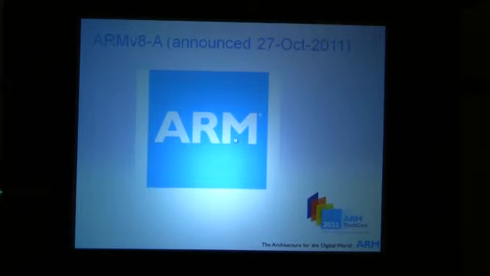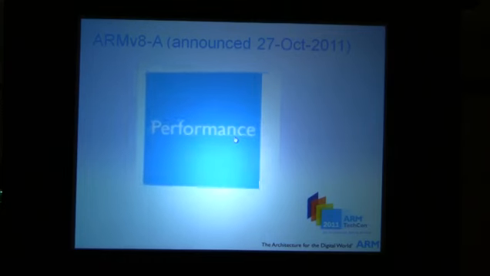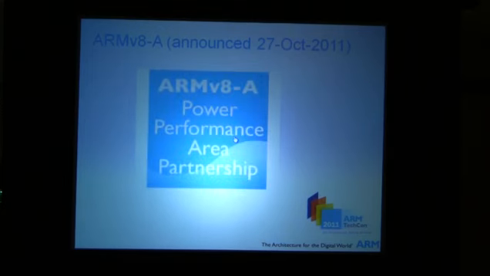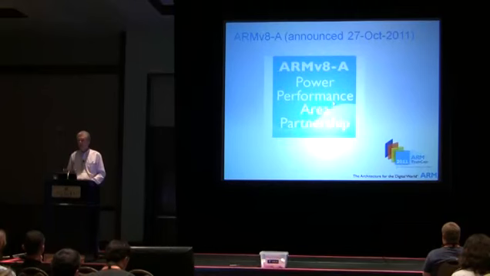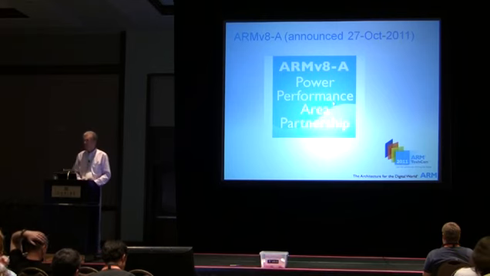Which brings us on to the last bit of this talk and the V8 announcement. One of the reasons for making the announcement now, it is an architecture announcement. We don't have any implementations at this point, but you have to start oiling the wheels of industry. So I've mentioned these models, I've mentioned what can be done with V7, and so V8, we need to start talking about how this stuff will manifest its way in, and in particular, I've had a great opportunity this week to talk to a few Linux kernel developers and people about how we can transition the early work that we've done in-house out into the wider ecosystem over the next year.